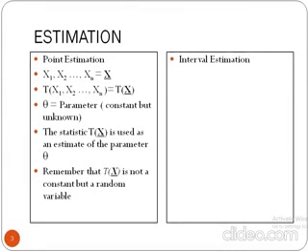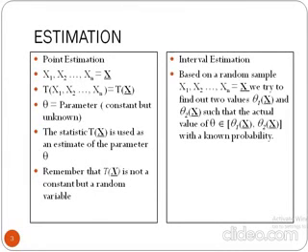Now let us look at what we are going to do in interval estimation. In interval estimation, once again based on a random sample, instead of finding one single value as we have done here, we actually try to find two observations, which are functions of this random sample. One we call theta 1(x) vector and another is theta 2(x) vector, both of which are functions of the random sample, and we expect that the value of theta falls within these values of theta 1(x) and theta 2(x)